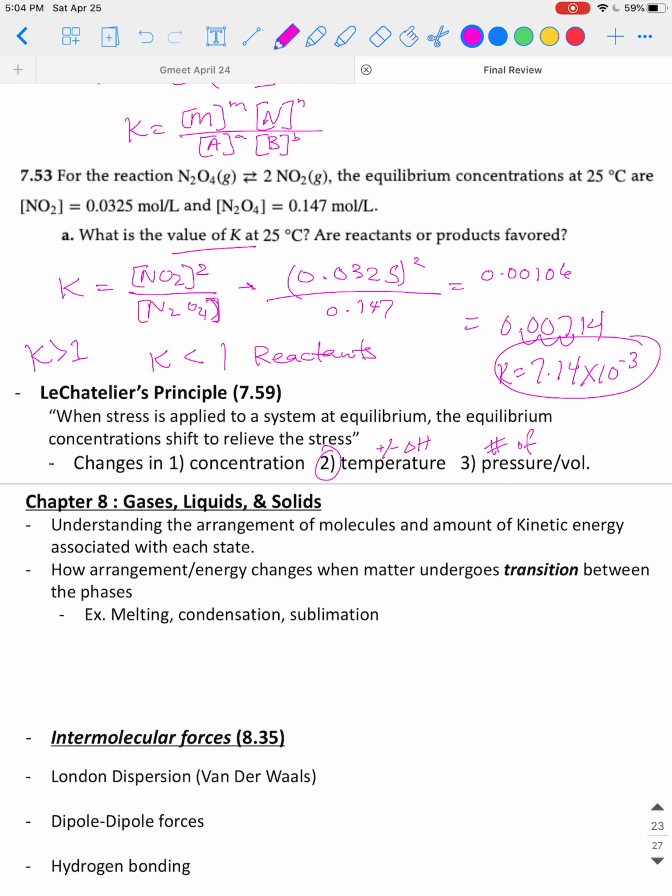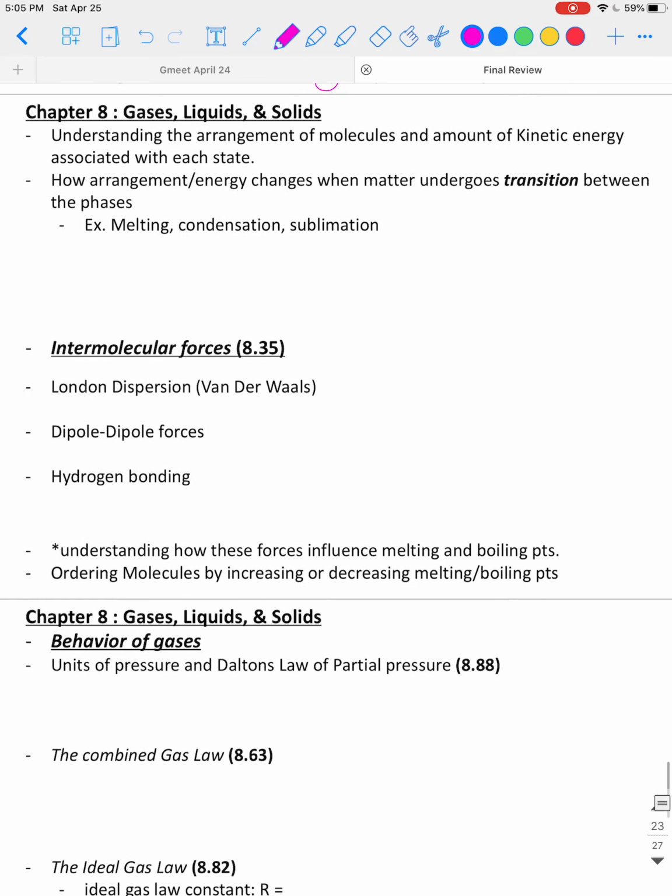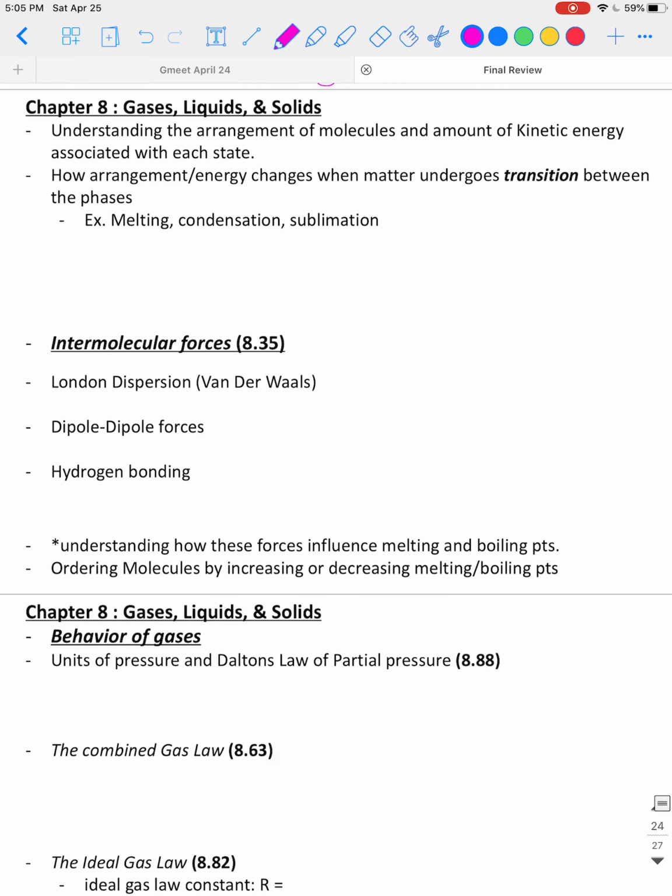And then lastly, predicting changes in equilibrium according to pressure or volume changes. For this, you need to look at the number of moles of gas on each side. The side with the fewer number of moles of gas is the side it would shift to if you increase pressure. Or if you decrease pressure, it would shift to the side with